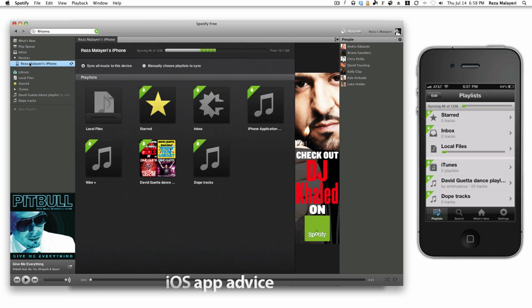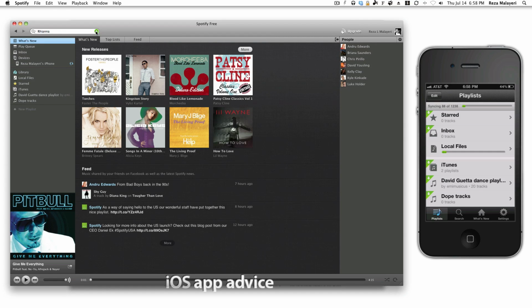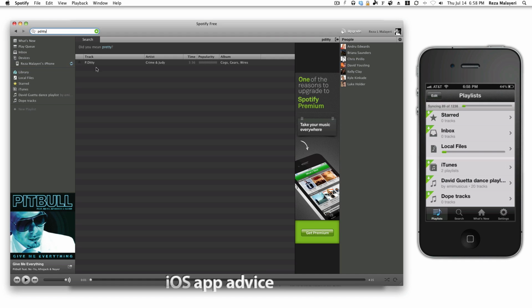And again, all of these really awesome features here. I'm essentially doing wireless iTunes sync on my iPhone, and I can listen to any tracks I want without having to pay. All the latest and greatest songs, you name it, name an artist, and I can pull them up. So let's put P Diddy, and if I don't spell it right, it'll say, "Hey, is that it?" And yeah, I'll just say P Diddy. And what do you got? Got a couple of songs from Puffy. I guess he doesn't put too much in there.